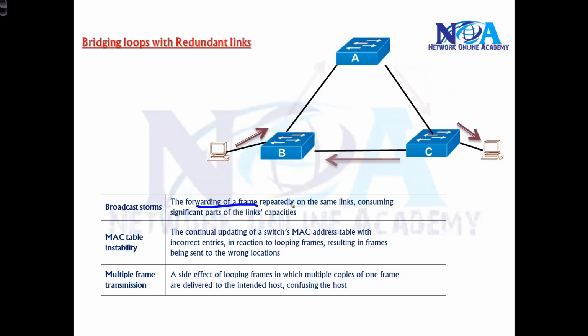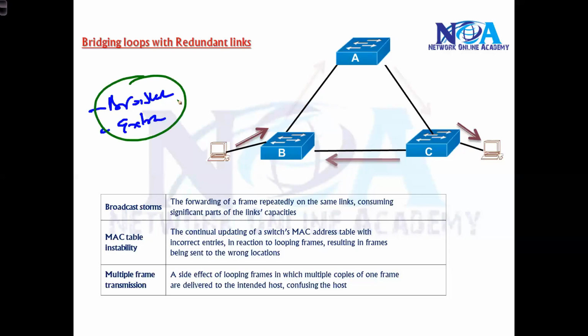A frame is forwarded repeatedly on the same link and is received back on the same link. The switches need to process this broadcast, and these broadcast storms will not stop unless you either shut down the link, or the switch is down, or the network is down. Typically one broadcast packet and one extra link is enough to bring your network down.